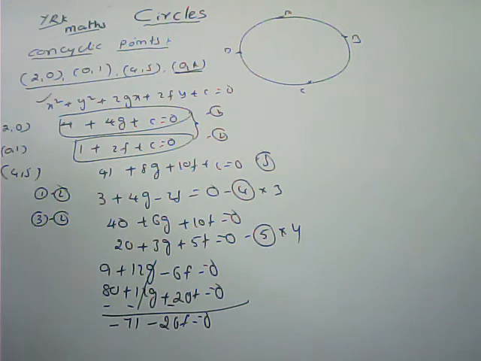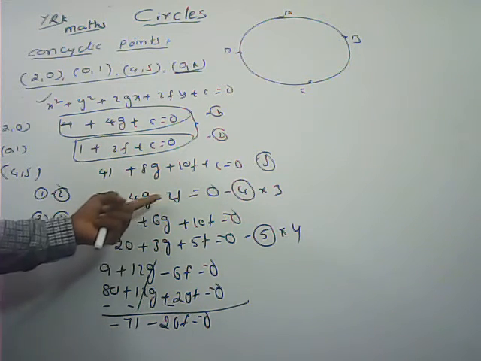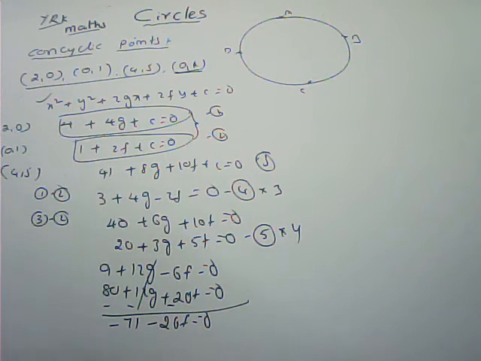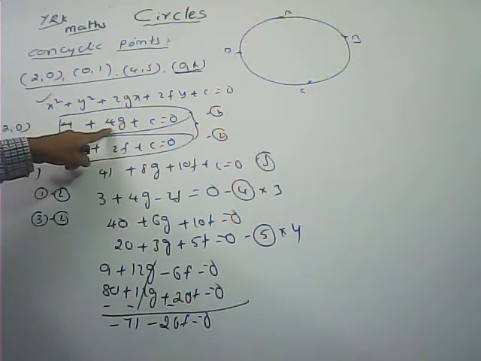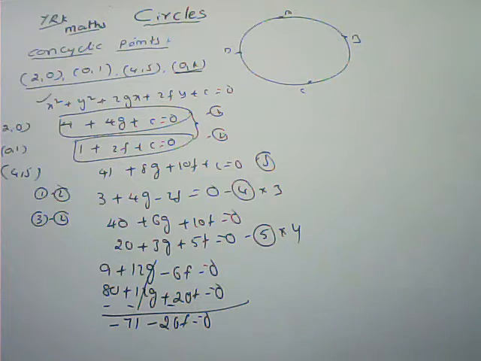We are getting larger values here. By substituting f in this relation, we can get either the 4th or 5th. We can get the g value by substituting, and by substituting both the g and f values here, we can get the c value. After getting the 3 values, we can get the equation of the circle. So the circle passes through 0 comma k, then we can get the k value. So here we can get c is equal to either 1 or 14 by 3 by solving all.